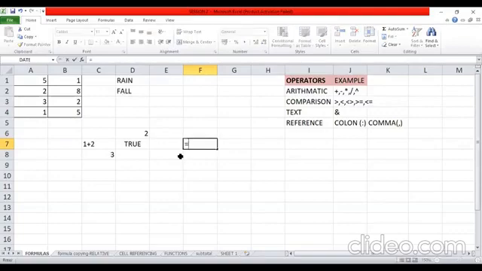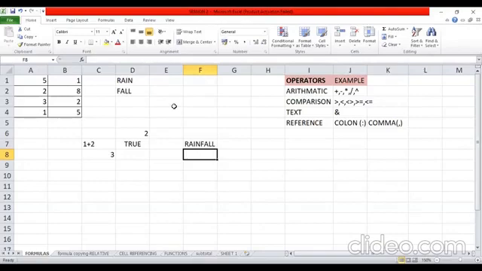So I will just write equal to D1, then I will give an ampersand sign, click on the cell D2 and press enter. You can see over here, it has joined the words rain and fall to give me rainfall as the answer. If I'm not using cell references, please remember that while using text values in a formula, the values should be put in inverted commas.